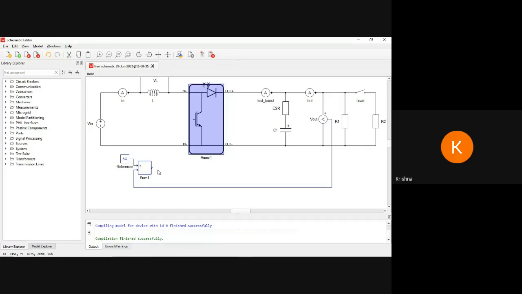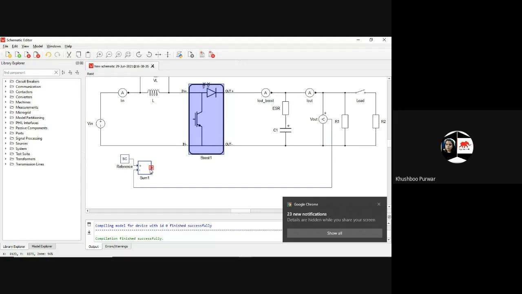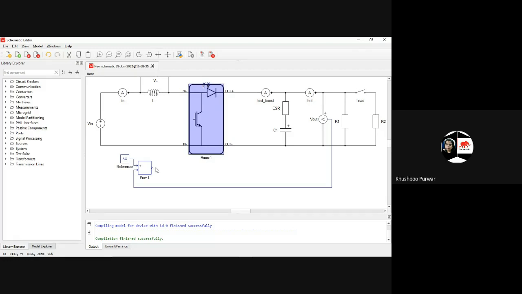Here, can you see? Now you are able to hear me. At the output you will get the difference of these two, the measured value and the reference value, and that will be the error between the measured value and the reference value.